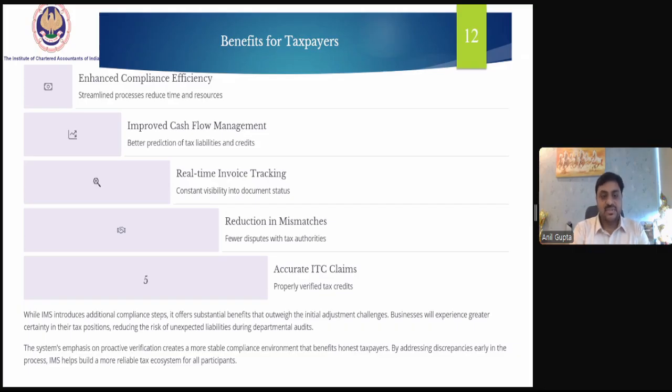The system's emphasis on proactive verification creates a more stable compliance environment that benefits honest taxpayers. By addressing discrepancies early in the process, IMS helps build a more reliable tax ecosystem for all the participants, the taxpayers and the businesses.